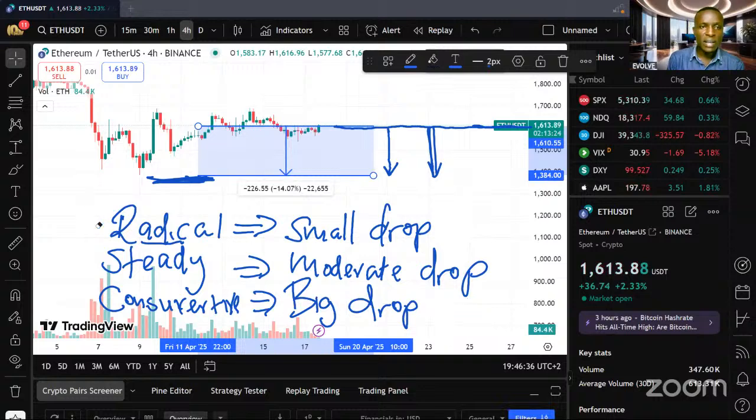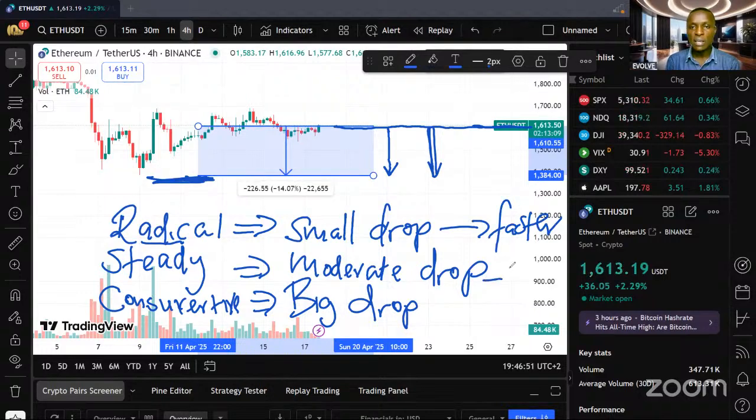Are we together? The effect in the buying is that number one, here, the robot will enter the money in the market a bit faster. It will buy a bit faster. Here, a medium, it will be there. And here, it will be slow to buy. It will be very